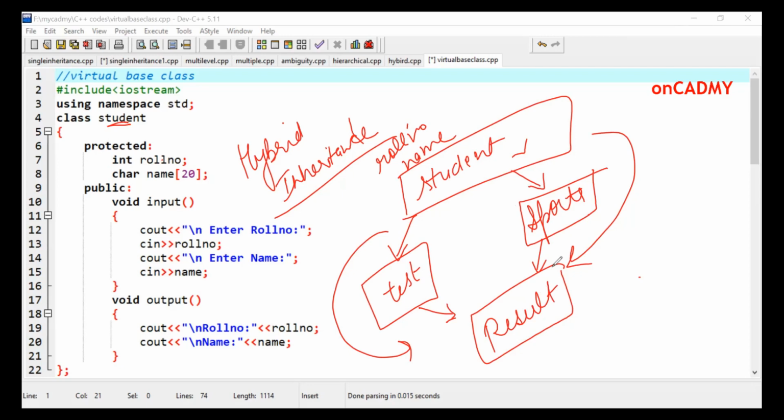So in order to avoid this problem, either we can remove this arrow that we have done in the hybrid inheritance, that sports class was individual one and it was giving its data to the result class, but it was not connected to the student class. Okay, but if I want to connect it to the student class as well, then what is the solution? Then the solution is to give the data to the result class either through test class or sports class by using the keyword virtual base classes,